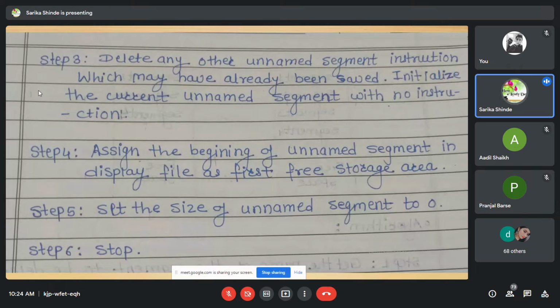Initialize the current unnamed segment with no instruction. And step 4 is assign the beginning of the unnamed segment in the display file as the first free storage area. And step 5 is set the size of the unnamed segment to 0 and stop.